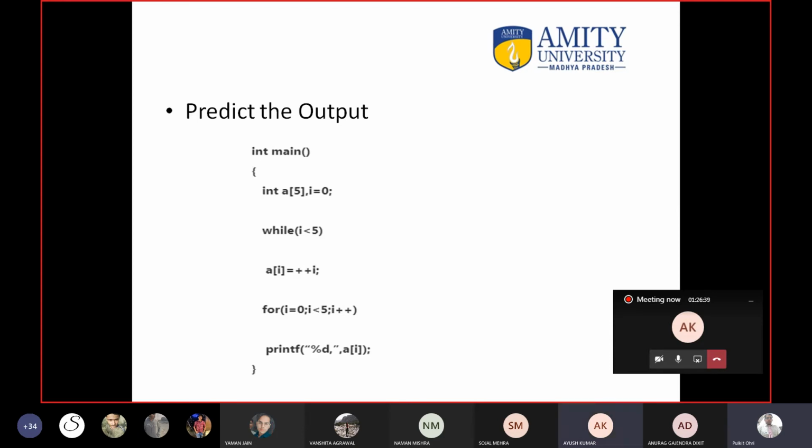I will not tell you the answer. Take your time. You have to tell me the answer. So 1, 2, 3, 4, and 0. No, wrong. Now this question is open for all. You can write the code even in your compiler and check the output and tell me the answer. Take your time. You can write the code in the compiler if you are not sure what the output is. Come on, this is not a difficult code.